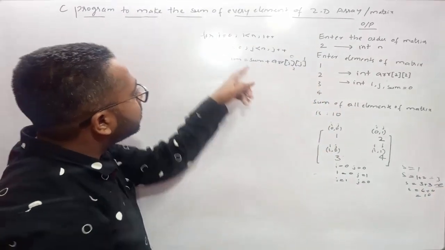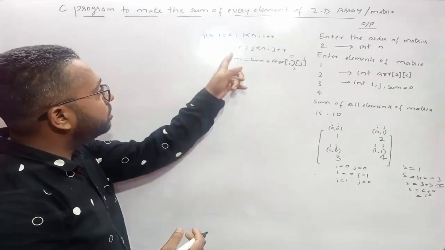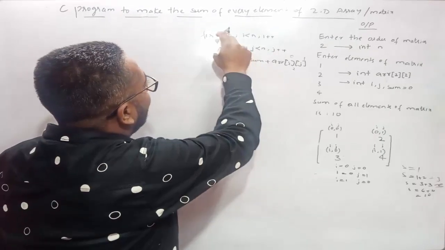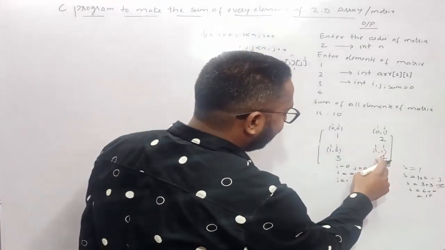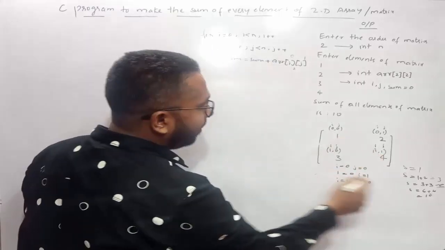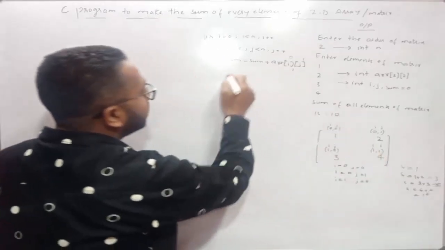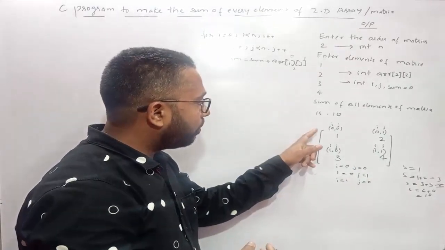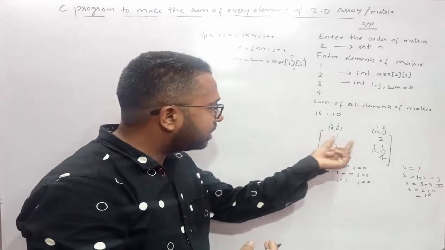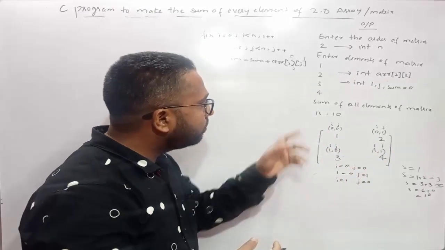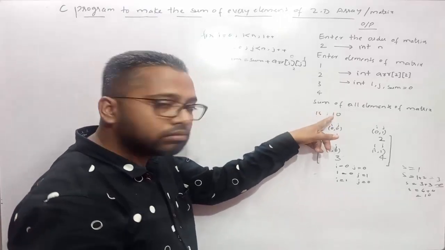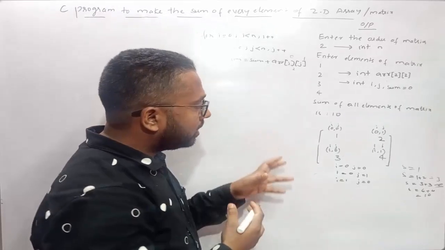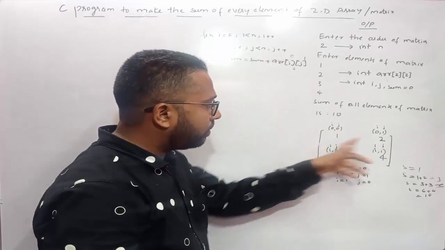Next, the j value gets incremented by 1. Now j becomes 1. 1 is less than 2, condition becomes true. That's why i equals 1, j equals 1, 1 comma 1. That means this item gets accessed. Sum value is 6, 6 plus 4, now sum becomes 10. So like this, with each and every iteration, the values of i and j change to visit different elements of this array, and finally we will get the sum stored inside the sum variable. Then we just need to print that sum. So this is how we can add each and every item of this